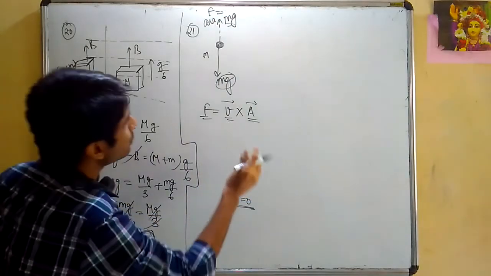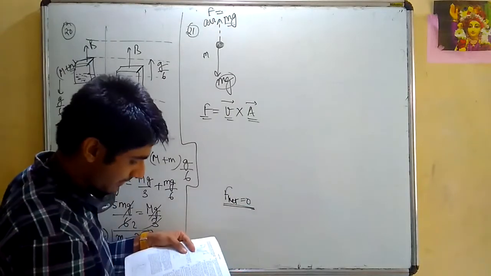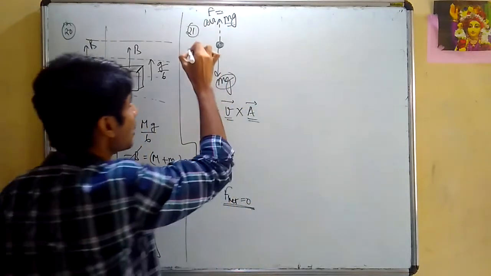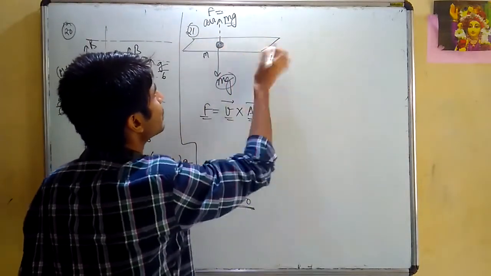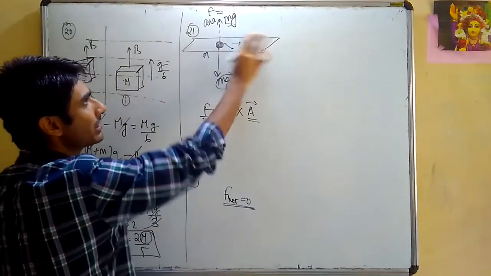Now you see, how should I keep my V? A is a constant vector, it is given in the picture, and it is in horizontal direction. What is the meaning of horizontal direction? It means this is the horizontal plane in which A will be there. You can choose any way you want A, this direction, but it should be in a horizontal plane.